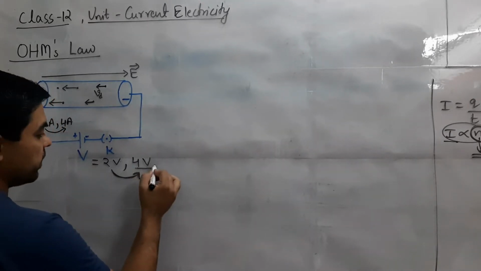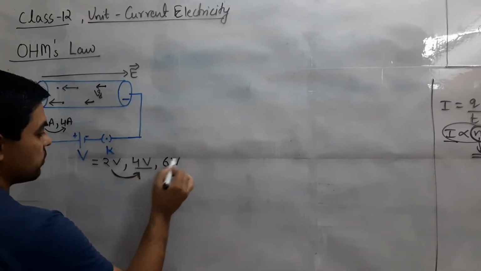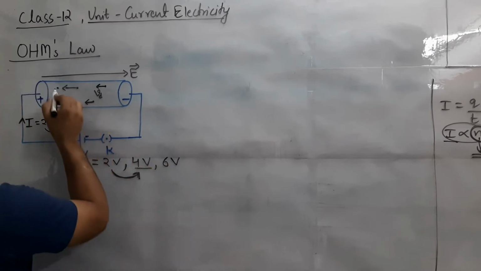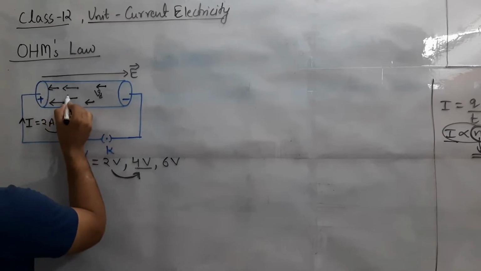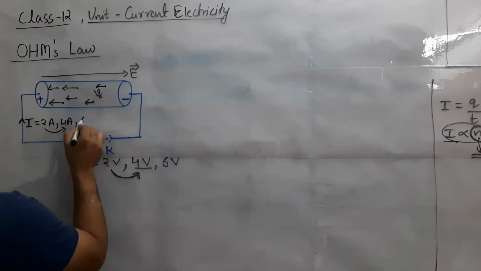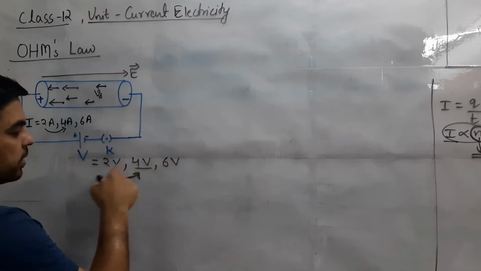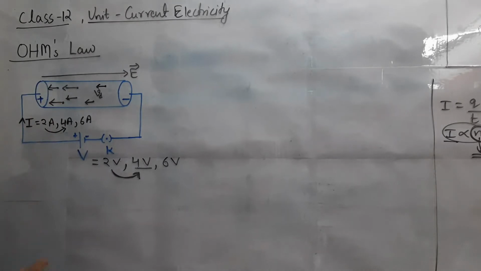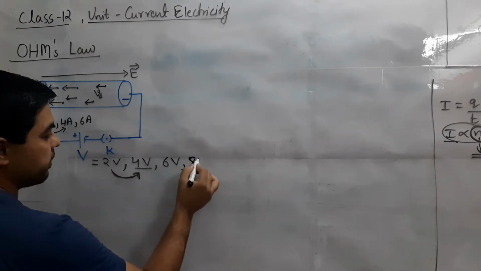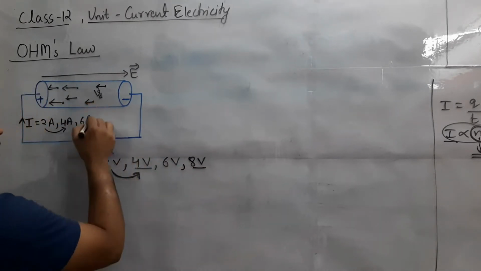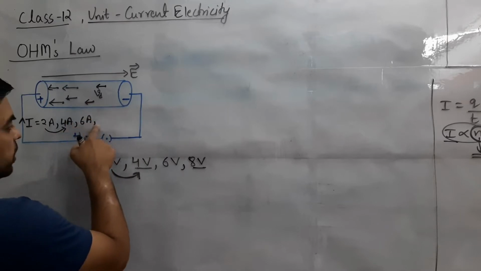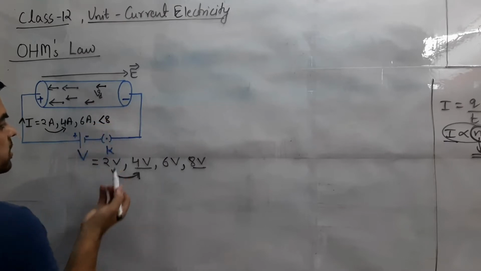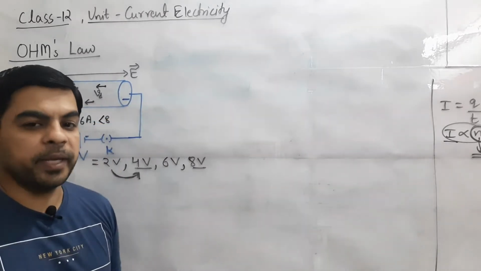Again further if we increase it to 6 volt, means we have tripled it, or further we have doubled it. So 2 more electrons will be moving in the same direction and making the current 6 ampere. So in the same way the value of applied potential difference is increasing, in the same ratio the current is also increasing. So similarly if we apply 8 volt, this current must be what, 8 ampere, but it is observed that it is less than 8, or we can say 7 or 6.5 or any value it may be.